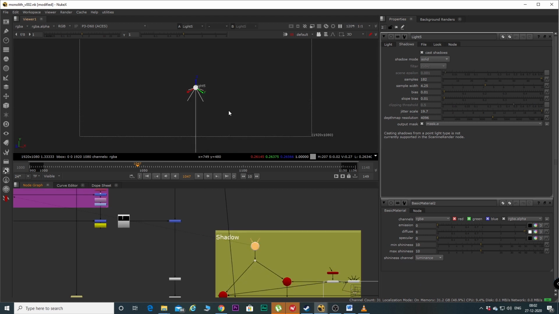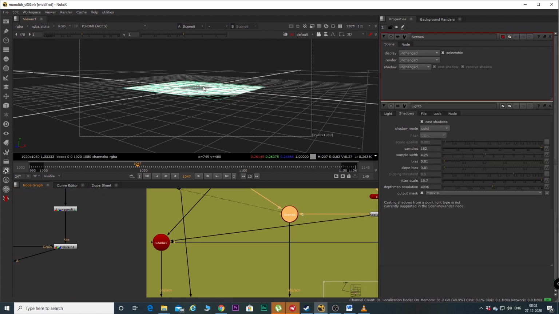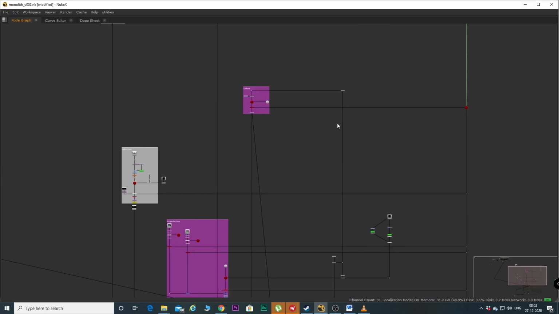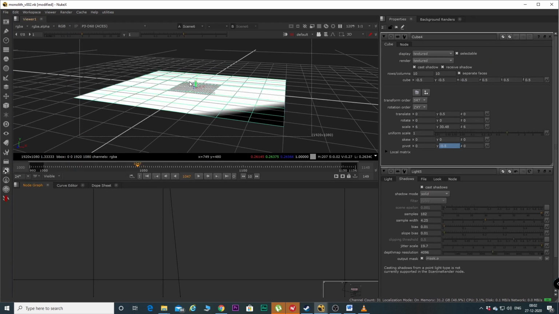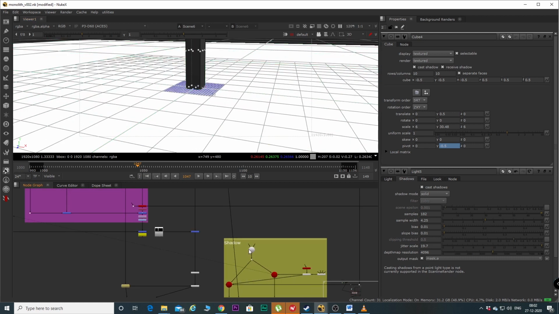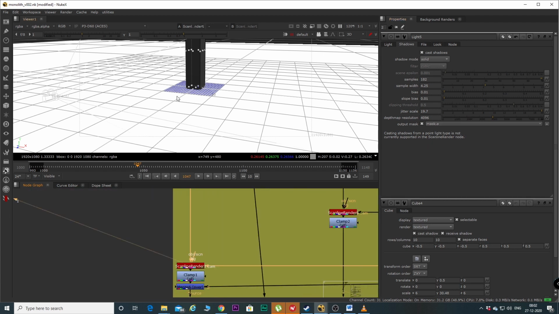Also, if you see in the light settings, the default value over here is 1. So you need to pump it up slightly. And also increase your depth map resolution, and the main soft shadows effect which we'll get is through the jitter scale, by increasing the jitter scale. So this is what I get.